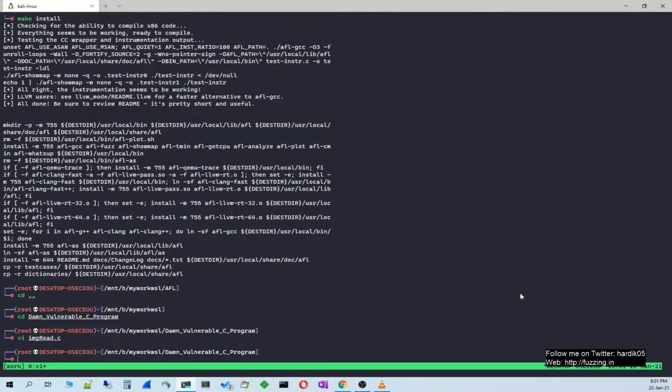And one thing to notice over here is that for QEMU mode you cannot use any of the sanitizers like ASAN or MSAN, because that is not compatible with QEMU, and you will not be able to fuzz. Basically your AFL fuzz process will not work if you compile your binary using address sanitizer. That is the precaution you need to take while you're using QEMU mode.